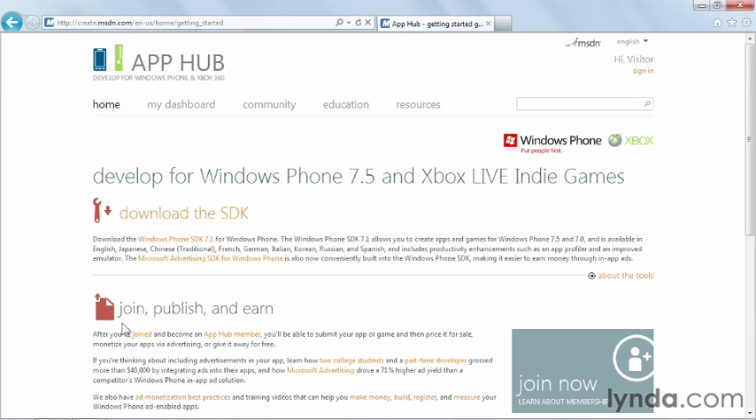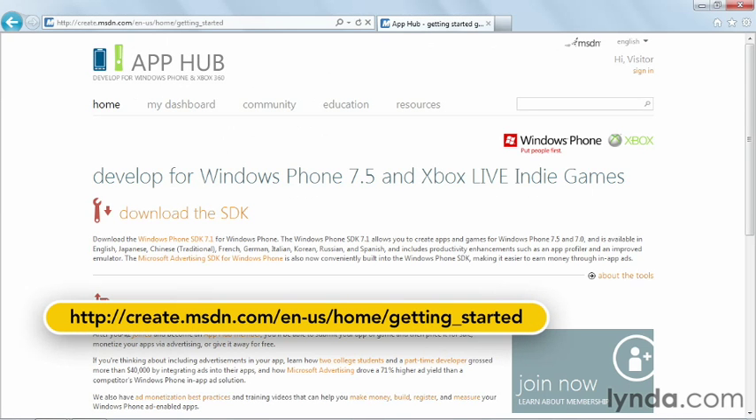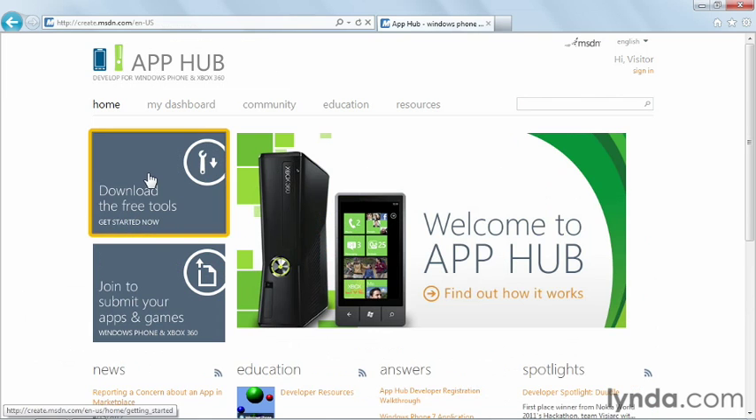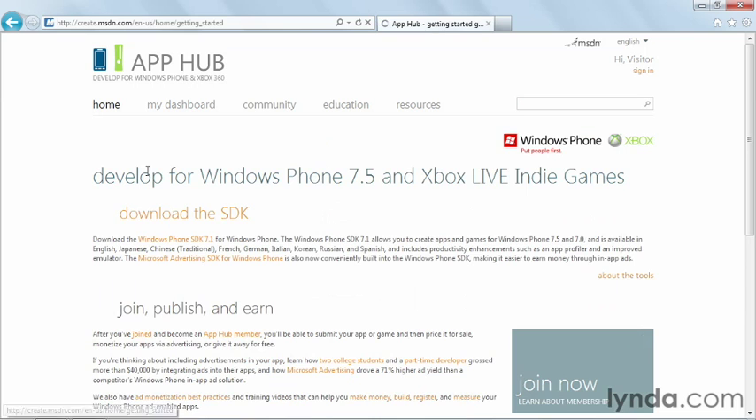Now we're going to switch over to looking at the Microsoft developer site. And here's where we go and get the developer tools. We start out at the App Hub, which has a big button right here about downloading the free tools. We'll be coming back to the App Hub later when we talk about how to submit your apps to the marketplace and how to register as a developer. But for right now, we'll just click Download the free tools, and you can click right here to download the